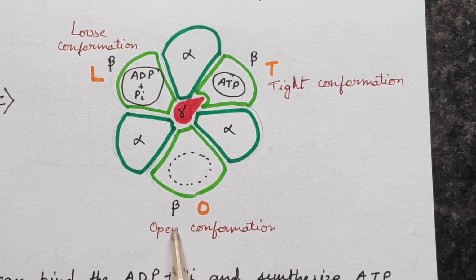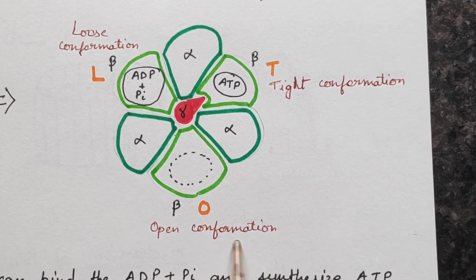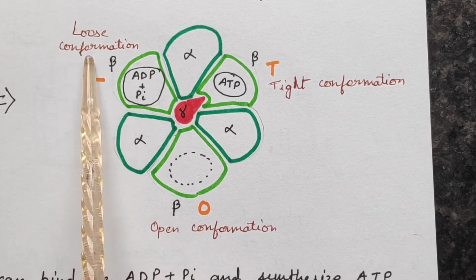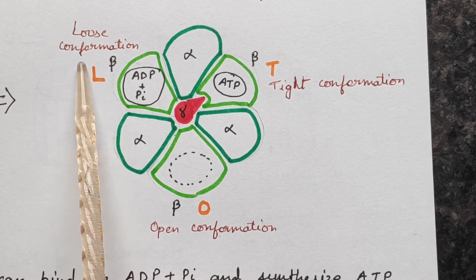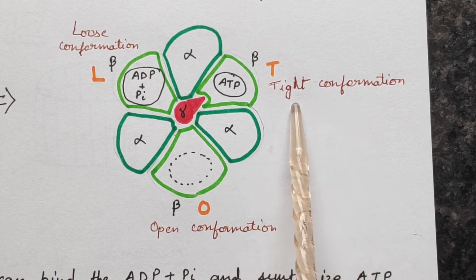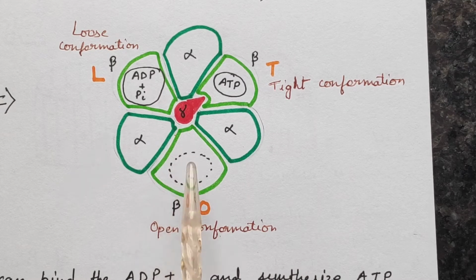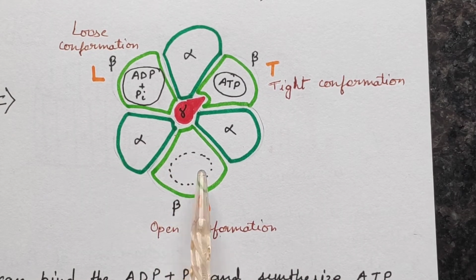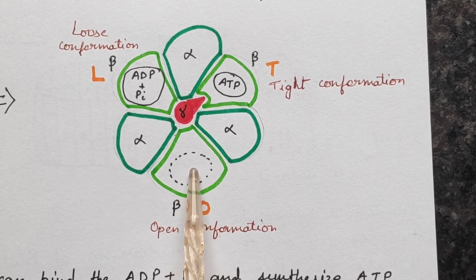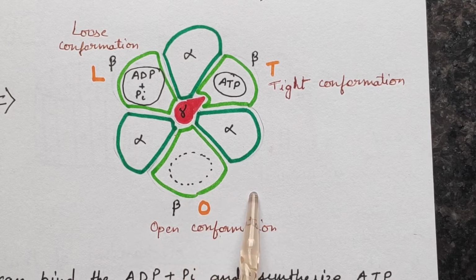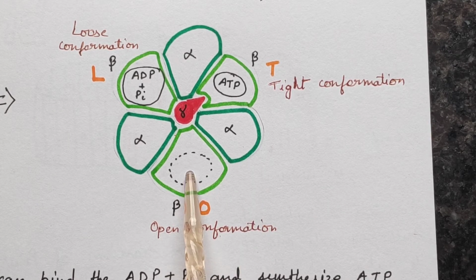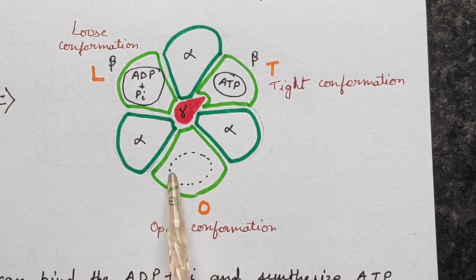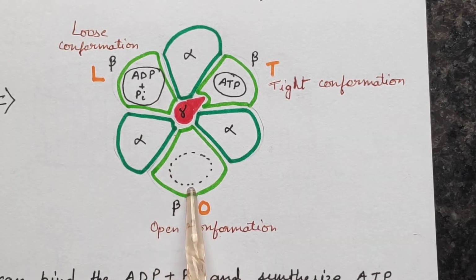Now this beta subunit can be present in the open conformation or open state, or in the loose conformation or loose state, or in the tight conformation or tight state. In the open conformation, the beta subunit is empty. Why is it empty? Because it previously had newly formed ATP, which has been released, and here new ADP and phosphate will come and bind. So it is open to receive